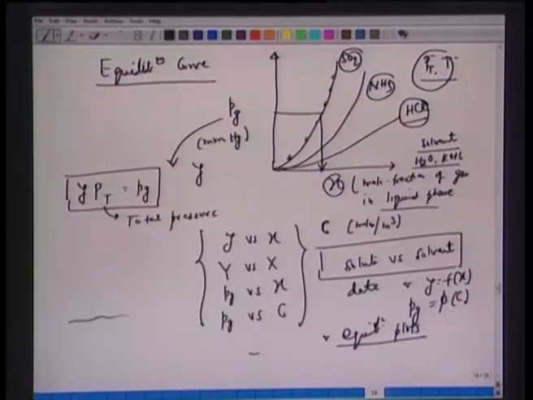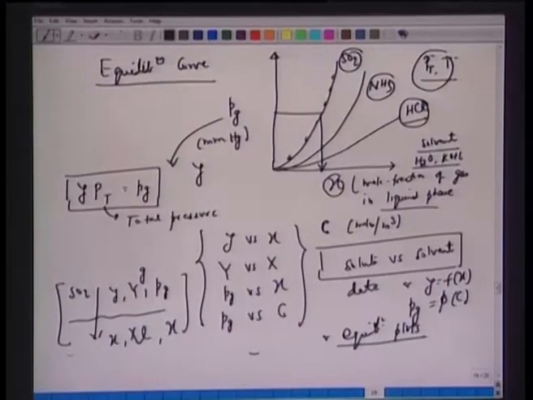The idea is simple. We have gas here, this is a liquid phase, and a certain species, sulfur dioxide, transfers from one phase to the other. This is y, this is x, this is capital Y, this is capital X, this is the small partial pressure Pg, and here we have this x, etc. So, these are all your equilibrium curves, we are starting from here.